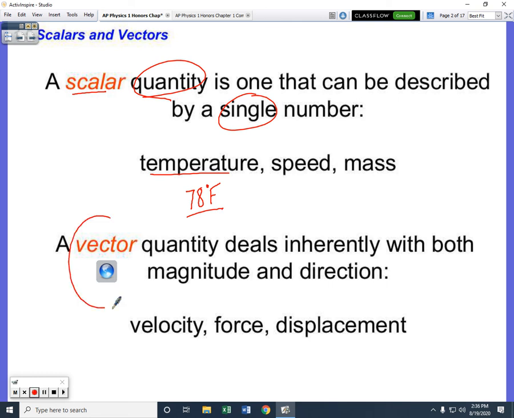Vectors, on the other hand, if you actually watch the movie and listen to it, are quantities that have both magnitude and a direction. The one we're going to start off with in this section is displacements. Displacements don't just say how far you went, they also say what your direction is. So if I say that I traveled 50 miles,